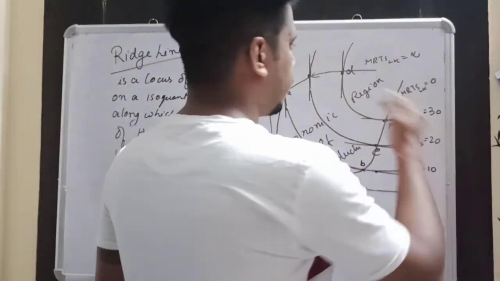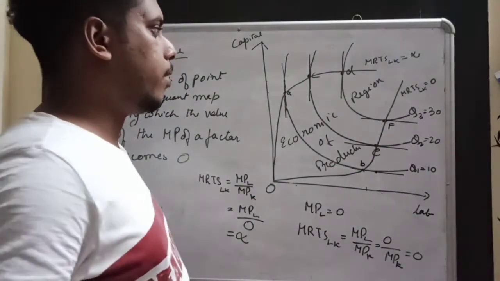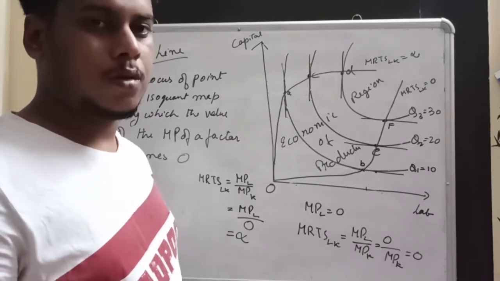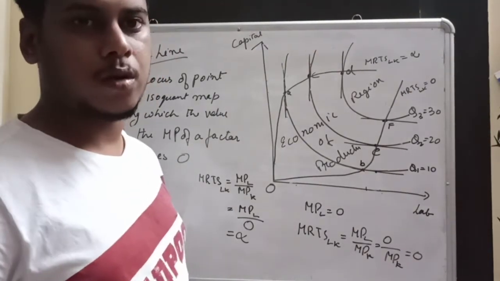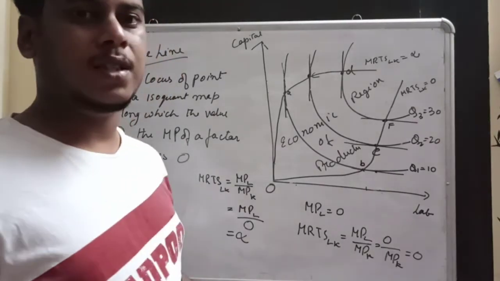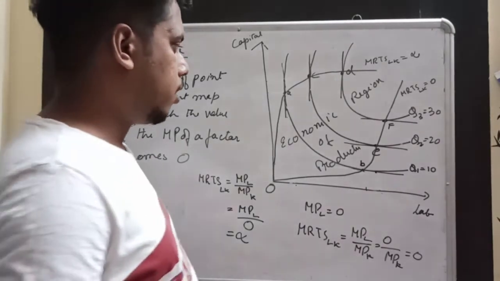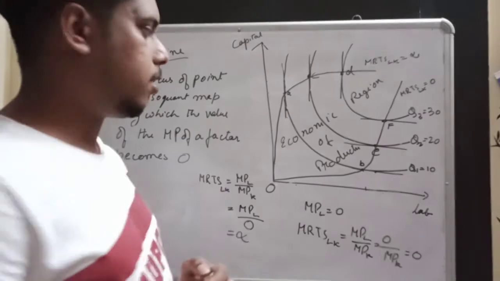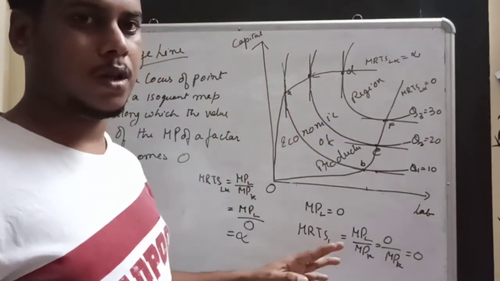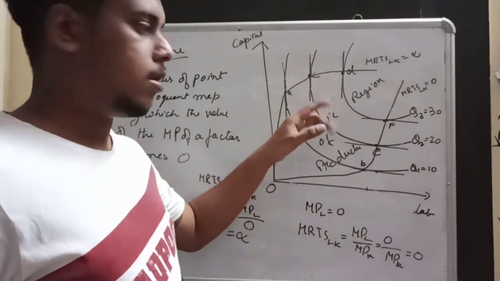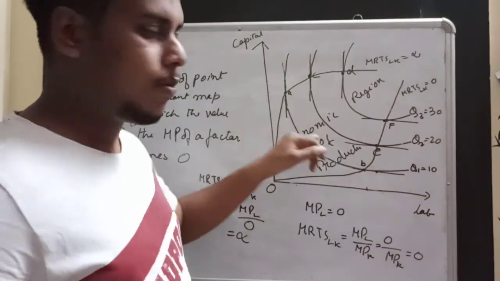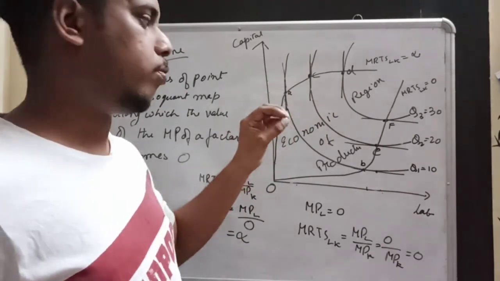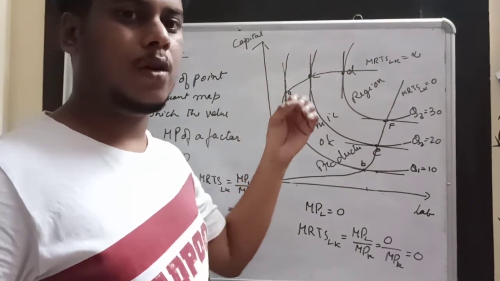Means if you choose any combination outside this, it will imply that you are giving employment to some factors who are not contributing anything to your output. You are just promoting disguised unemployment. Okay, so the region bounded by the two ridge lines is basically your economic region of production. Any point within this economic region will give you a combination of inputs which will give you a logical level of output.